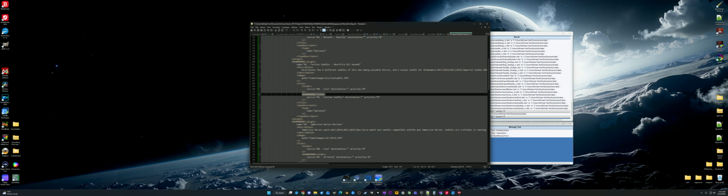So the source here will be different than the destination if it's a file. That's important. So what you want to do is just copy it. Just do a Control C, and you can copy as many of these as you want. So let's say you had something that looked like this,